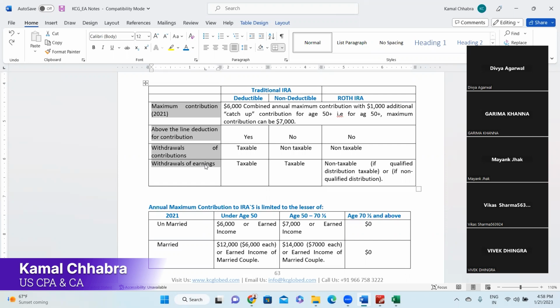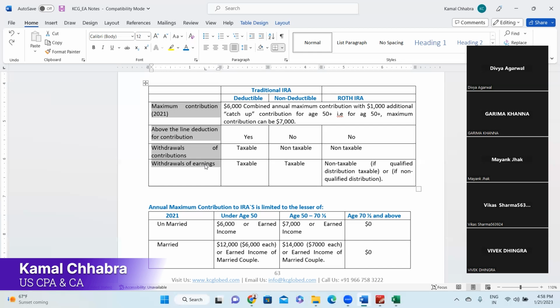Same way in US, when you invest in IRA, you'll also get some interest income on that amount which you have contributed. Right? So that amount, in case of deductible, it's taxable. In case of non-deductible also, it is taxable. But good thing for the Roth IRA is that your earnings are also non-taxable, that is exempt from income taxes,